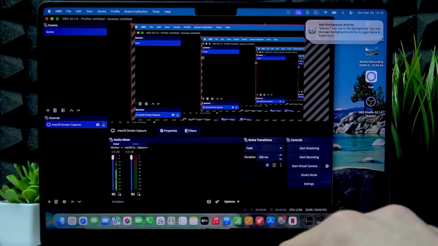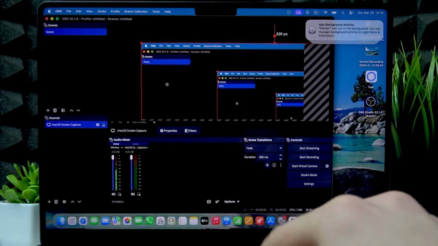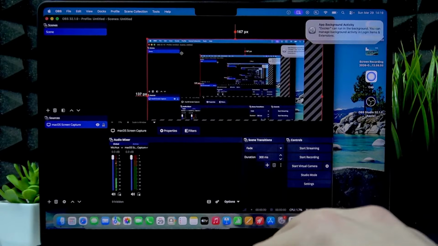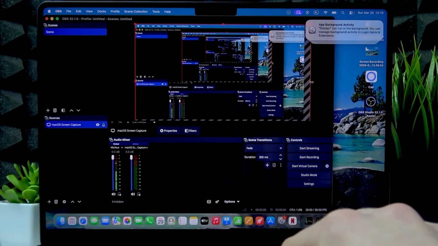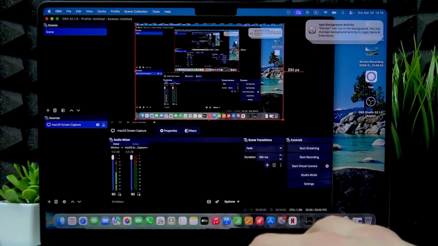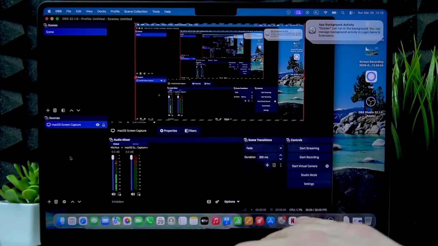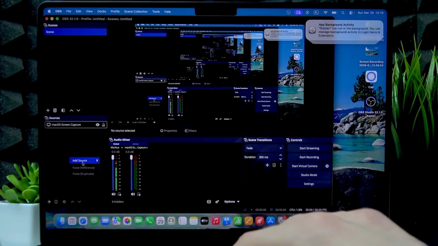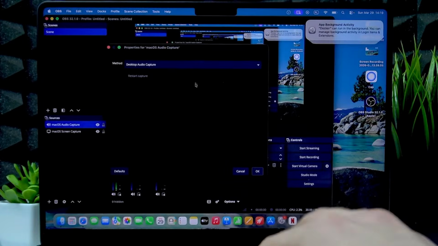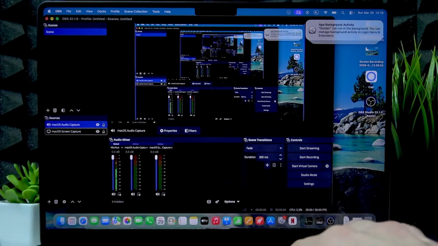Okay, and so right now we have our display, although we're going to have to adjust the size of it so it fits into the frame. So let's quickly do this. Maybe not as easy as I expected it to be, but anyway, the next thing we're gonna have to do is add in another source, which will be the macOS audio capture. And we're also gonna have to create new, and then select the desktop audio capture. Okay, and so from now on,